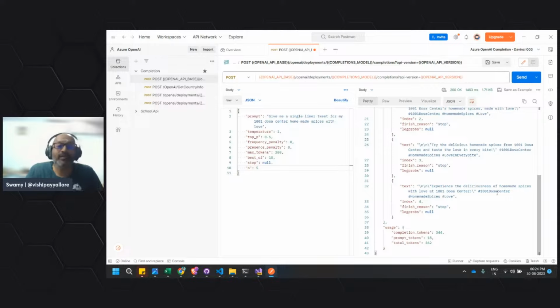In those scenarios, this will play a crucial role where you can generate best of n items and give me n minus x. So that's how it gives this one.